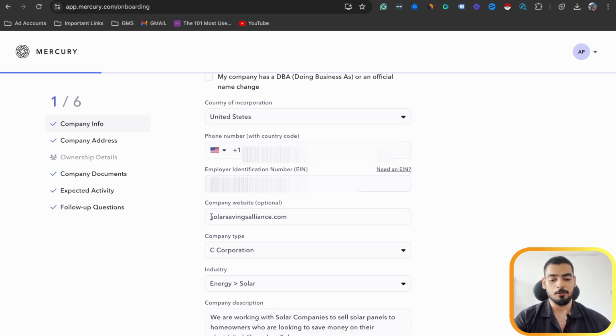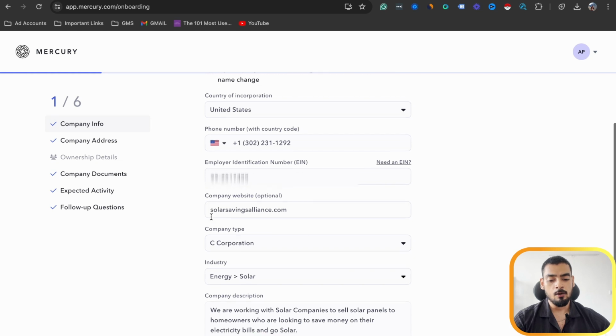Okay, now let's move along with our website। So make sure that whichever company you are setting up, you have your own domain, you have your emails, a phone number associated with that, and also public profile, social profile, Facebook pages, LinkedIn pages, whichever of these can help you prove that you own this company।